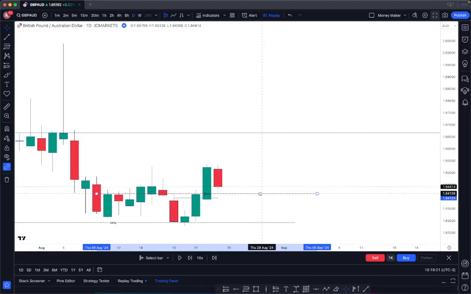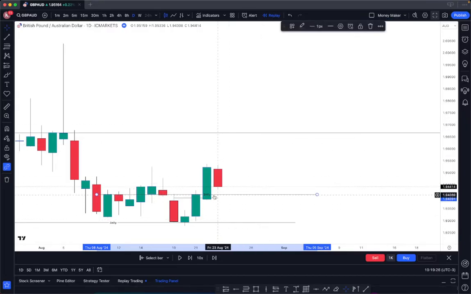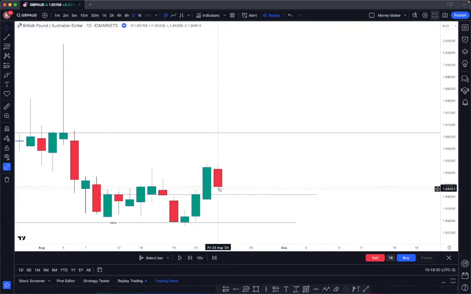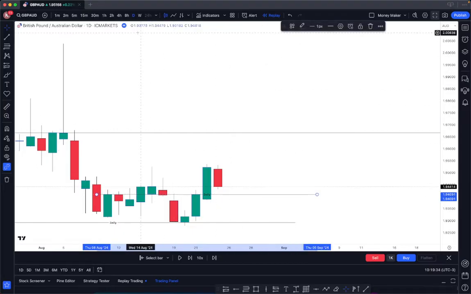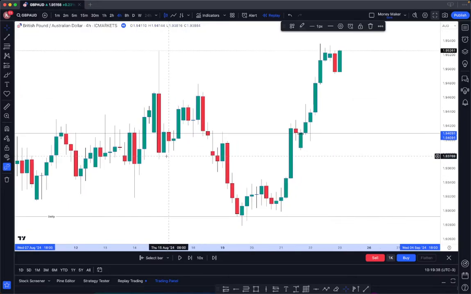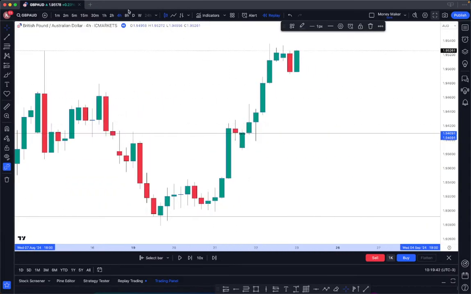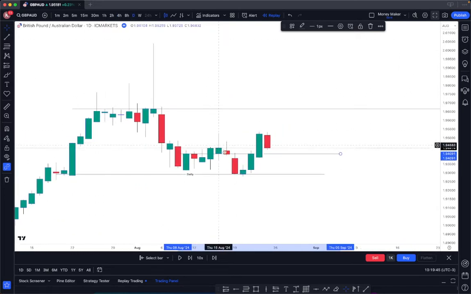So let me just use the lower level for now. And now let's refine this level, because this is the nearest level that I can find. Now to refine this daily level, there are two things you should know. It's easier to go on the 4 hour time frame and look for areas below that level. So here we can see that on the daily time frame, this level right here. Let's look for fresh 4 hour levels